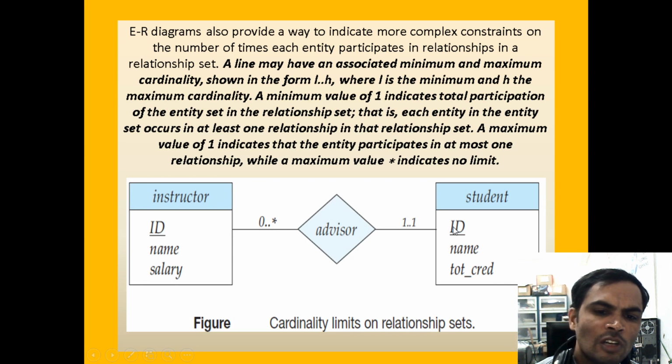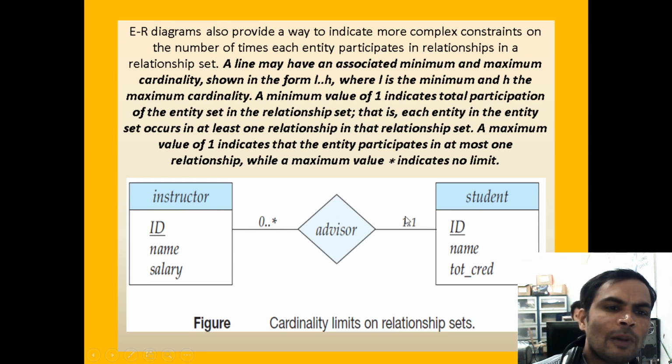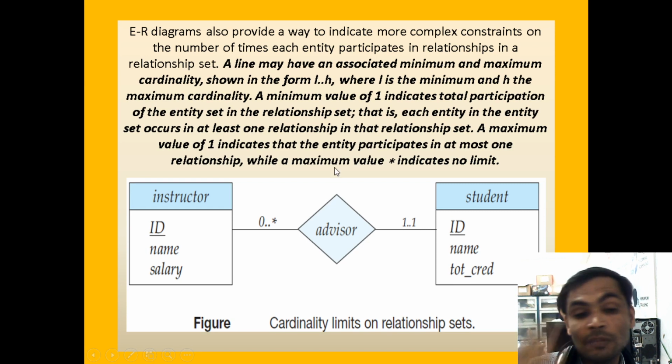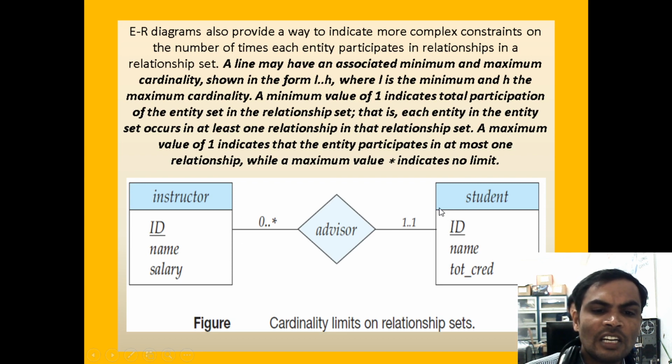For the student also, if you are giving the relationship between the instructor and the student as an L line, L means the 1-to-1 cardinality principle. We can represent it with the help of numeric values. The minimum value is 1, and the maximum value we can represent with the help of the star symbol. Here we can give the relationship: for the student it is existing as 1-to-1 only, and for the instructor it is existing from 0 to many. The same thing will be there.